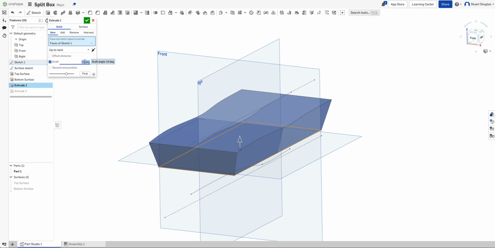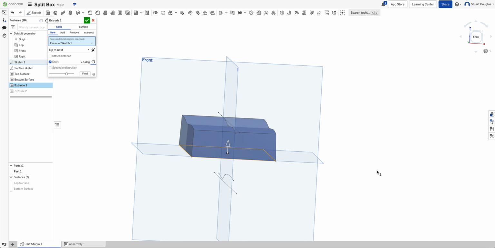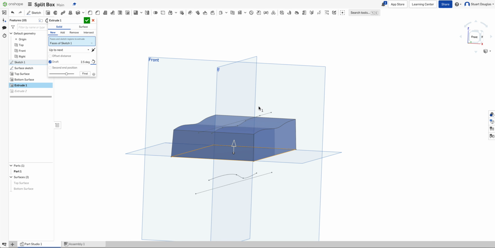So what I want to do is put a much smaller draft. So we're going to put an angle of 2.5. I just hit enter. However, this is still going out. What we want to do is select this little icon here, to say opposite direction, and it goes in. Now the reason for that is because we're going to imagine this is a product that's going to be